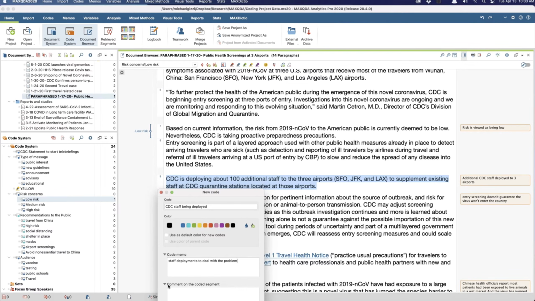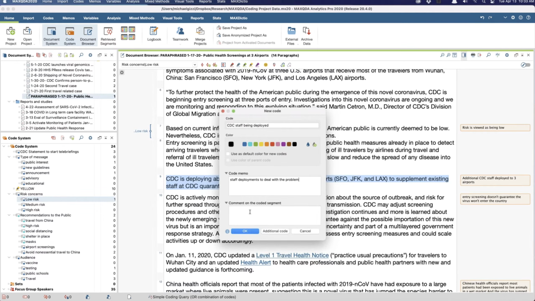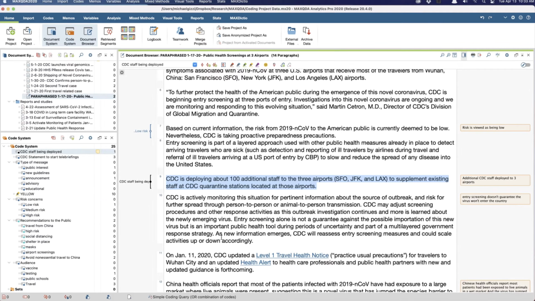I can add a comment on this particular segment while I'm adding it. Click OK. Now I have added a new code.